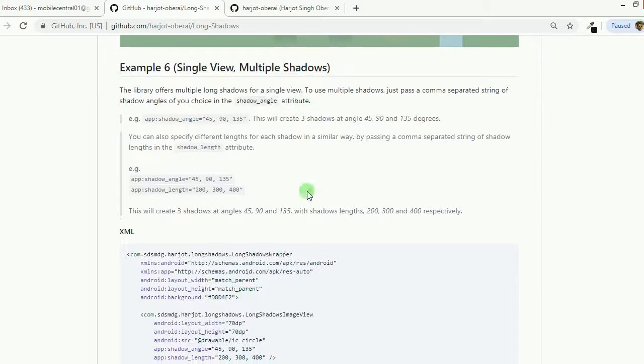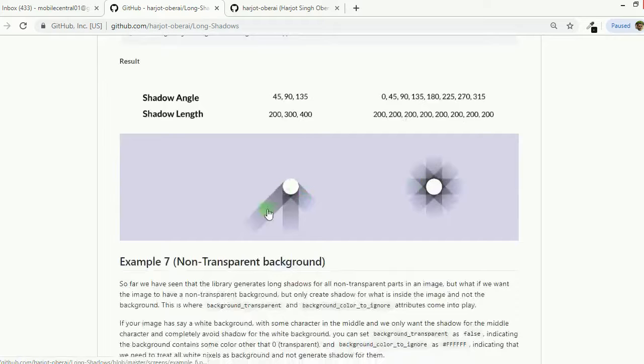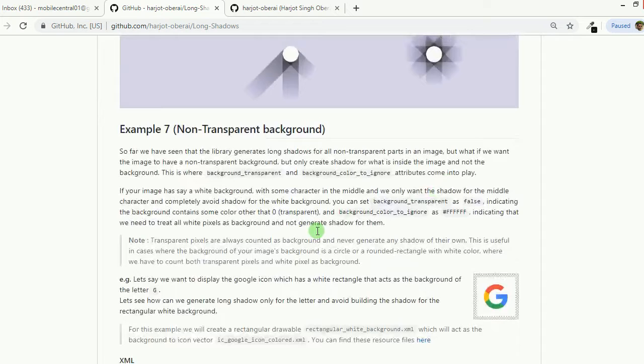Then single view, multiple shadows. You can have multiple shadows like this. So you have one view and then 3 shadows are there. These are a lot of shadows that you can have around, and I think now the way this entire library